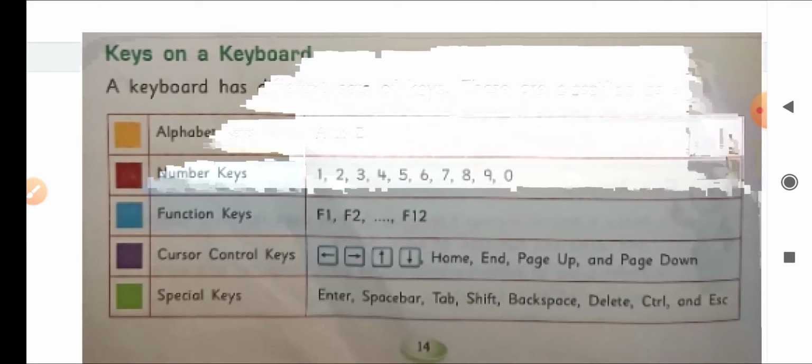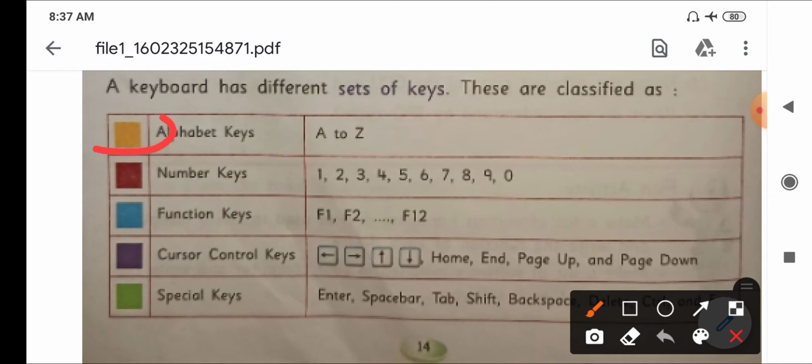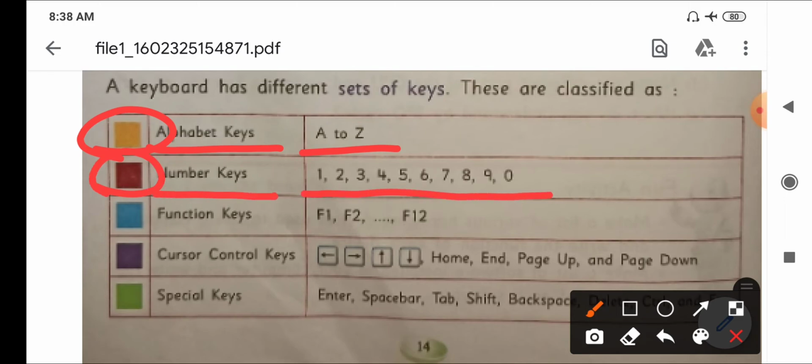See, the yellow color indicates alphabet keys A to Z. The red color indicates number keys, that is 1 to 0. Then function keys, in blue color, F1, F2 and till F12. Then there are cursor keys in purple color.